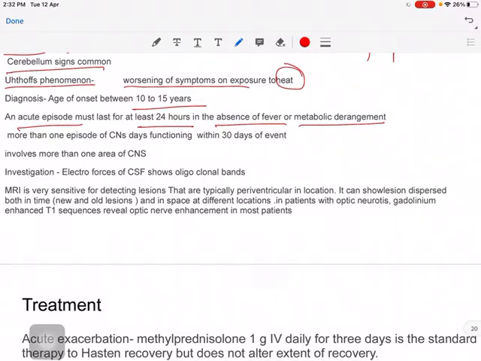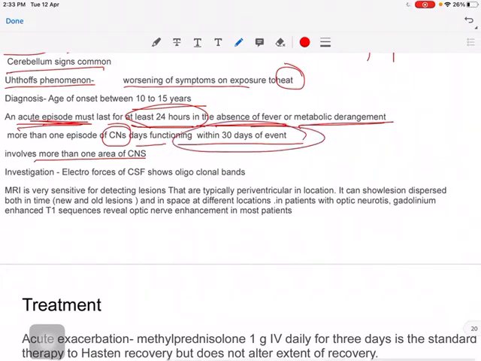There should be more than one episode of cranial nerve functioning within 30 days of the event, involving more than one area of the CNS. So an acute attack means more than 24 hours, no fever, no metabolic derangement. Within 30 days of the event, again there should be another episode,